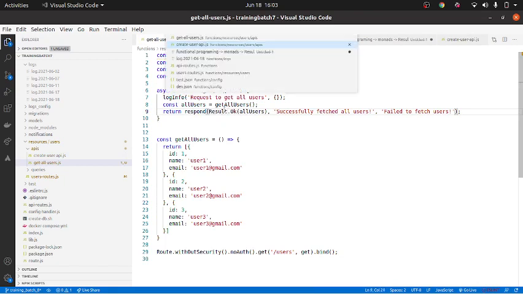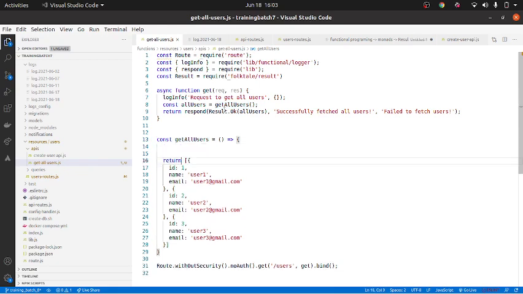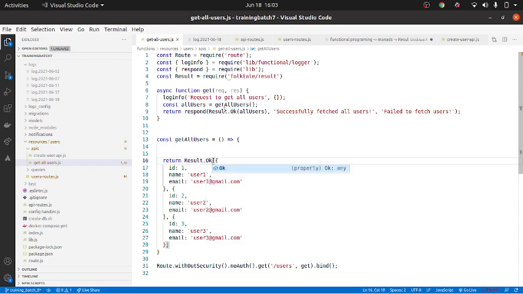How do I utilize Result? We will cover that subsequently. Now what we need to do is, let me say, get all users. Here, instead of returning this one, I'll do Result.ok with the hard-coded result and return this back.